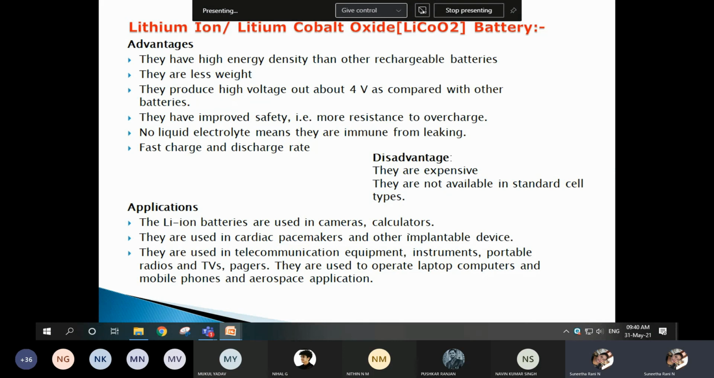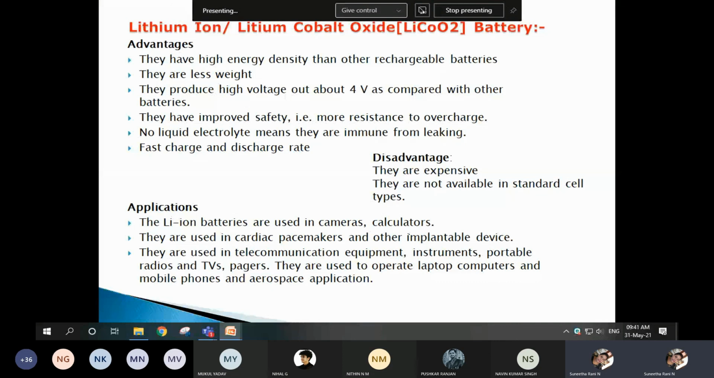The disadvantages: they are expensive because lithium cobalt oxide is an expensive metal, and they are not available in standard cells. These are applied in cameras, calculators, cardiac pacemakers, TVs, pagers, instruments, equipment, portable LCD TVs, mobile phones, aerospace applications. Everywhere it is used as a battery,